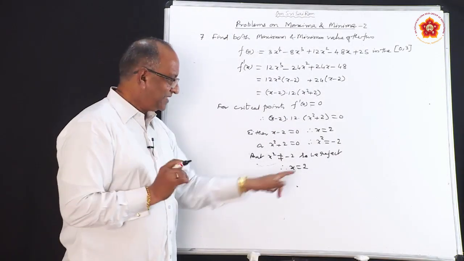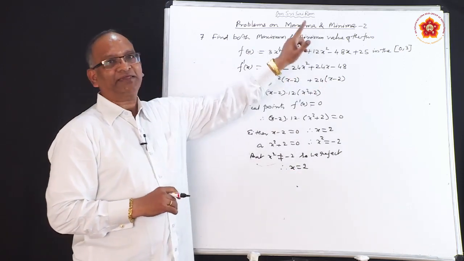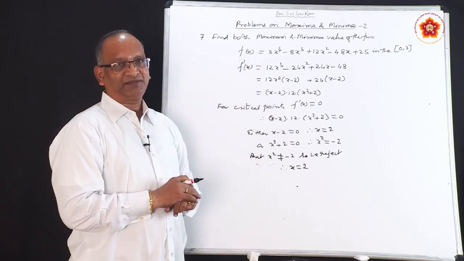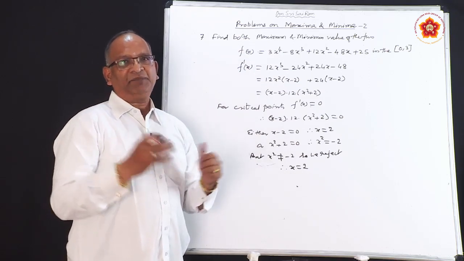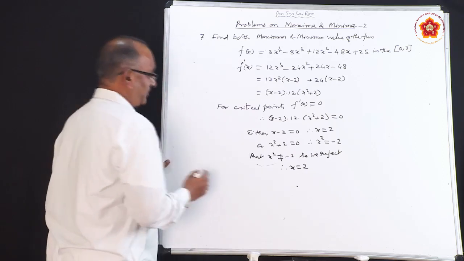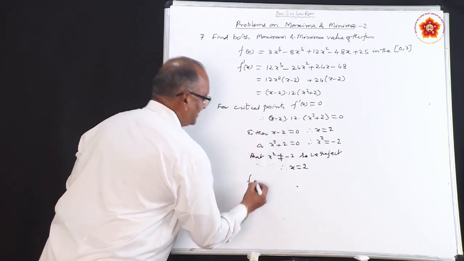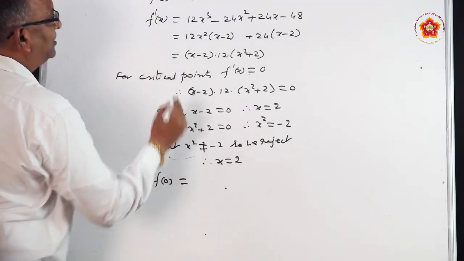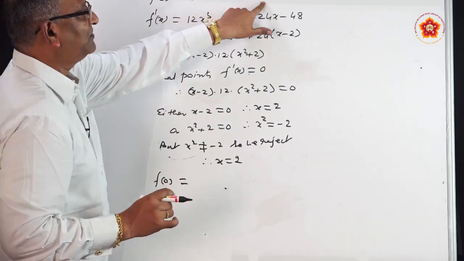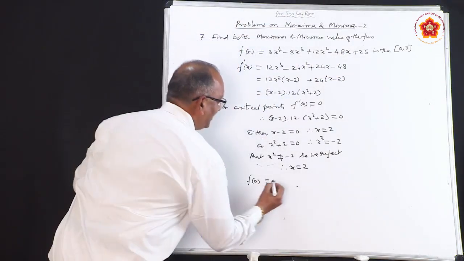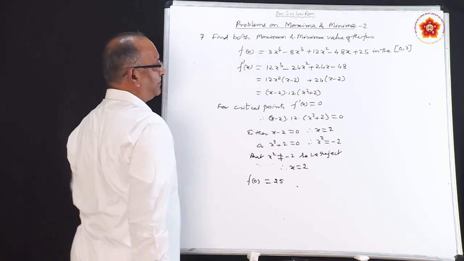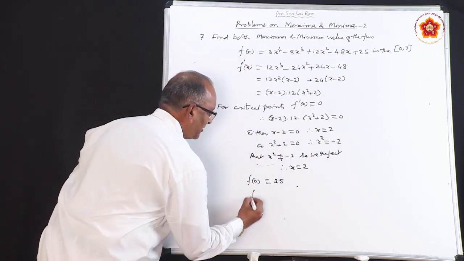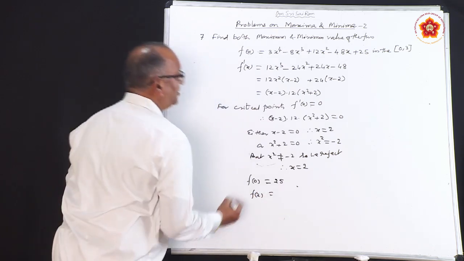So, by taking x equal to 2, x equal to 0, x equal to 3, in all situations we have to find out the value of f(x) in order to decide absolute maxima and absolute minima. So, first find out f of, let us say 0, that happens to be the easiest. Substitute, all the terms will become 0, and you directly get 25, because all values of x will become 0.